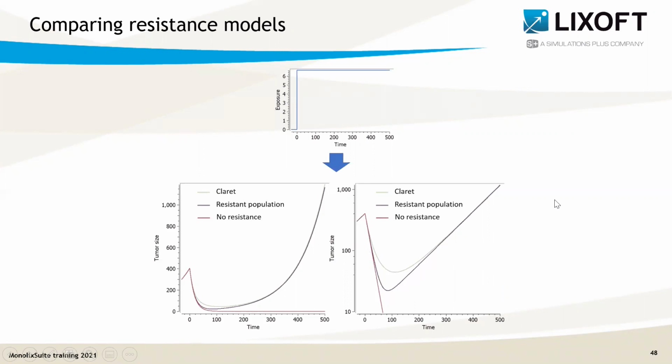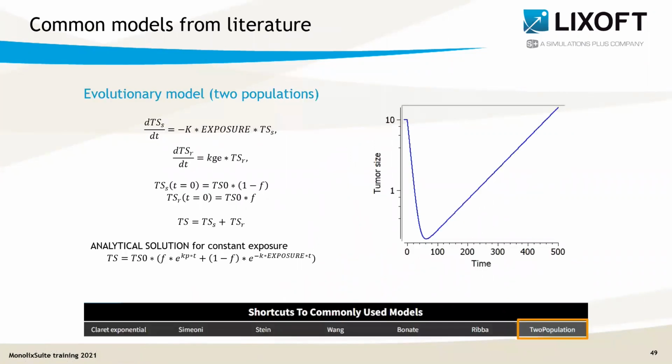All right, of course, many other examples of models with resistant populations exist in the literature. I will also present 3 other more complex examples that are included in the library as full models that do not have any combination with different tumor growth functions or treatment effect, but that are really defined just as full models. But of course, it is possible for the user to also modify these models if needed.